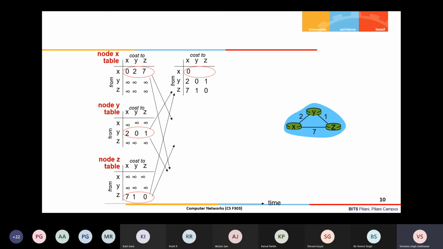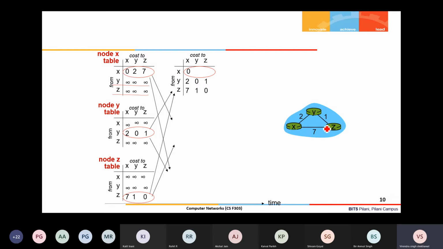Now I'm showing the table at each node. So node X's table will be like this. This is the distance vector of X, this is the distance vector of Y, and this is the distance vector of Z. From X to X cost is 0, because it is the same node. X to Y is 2, because a direct link of cost 2 is there.